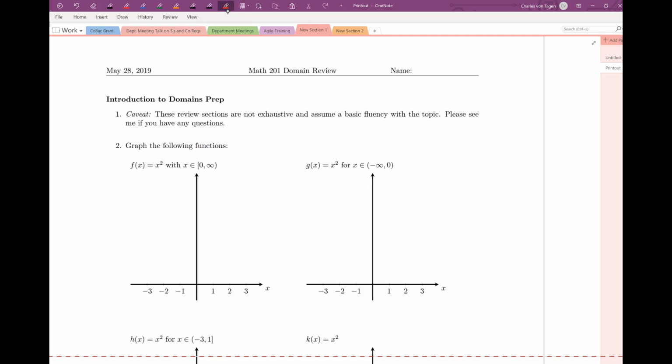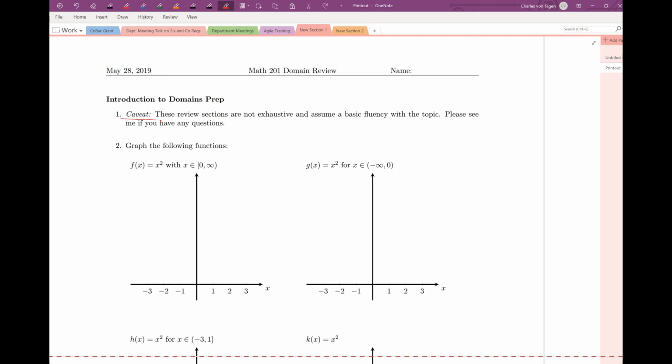Okay, folks, in this video I want to do a quick recap of some of the highlights of finding the domains, or dealing with the domains, of a function. Just go ahead and read the caveat here. I'm not going to be able to cover everything about the idea of domain. In fact, I'm not even going to choose to define it in this video, but I just want to review a few things that you've seen before and hopefully put you on the right track for going forward with more complicated domain